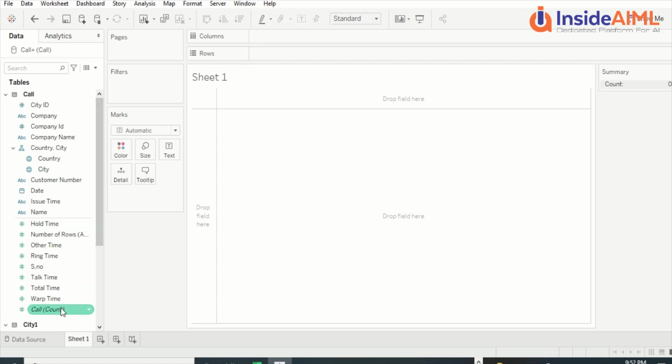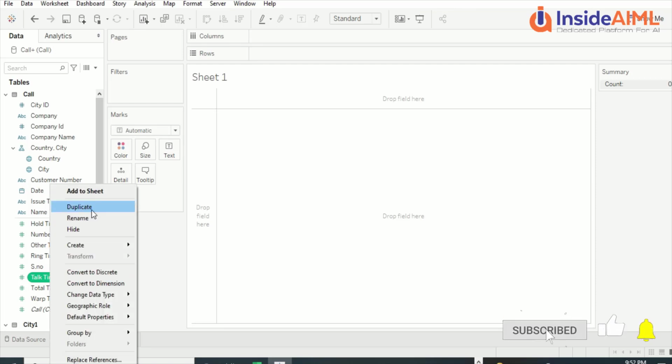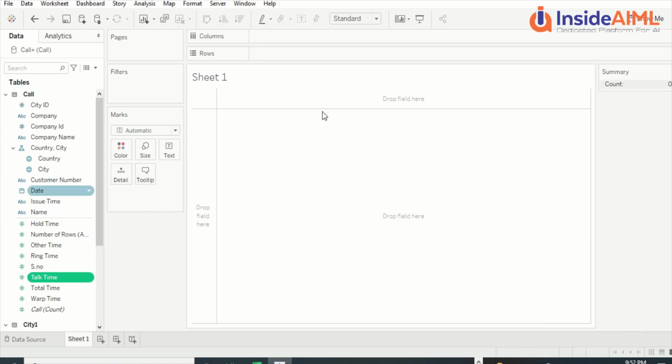so we are going to do a little bit of things here on Tableau quickly. One thing is we have already added a calculated column, and we want to add one more. Now what I'm going to do is right click on this one and show you the many options. Right now I have the option here to add to sheet. If I add to sheet, it's going to be added to the sheet.